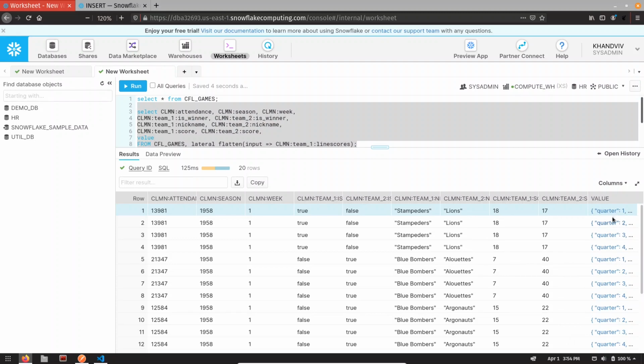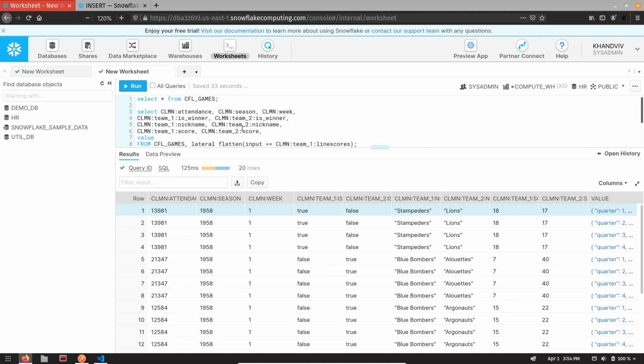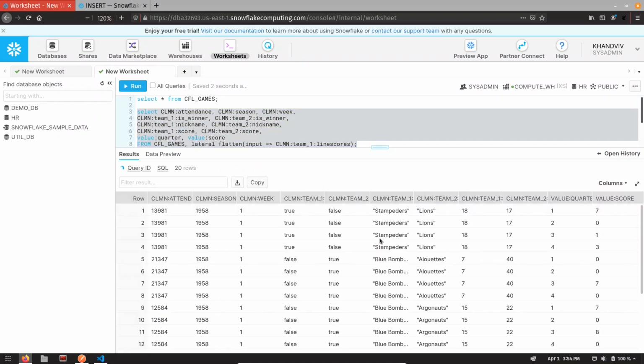Now we can simply extract these values, like quarter we can extract, score. That's it. Let me run it. You can see we can extract these elements very easily from any hierarchy.